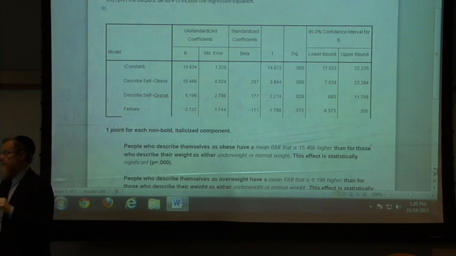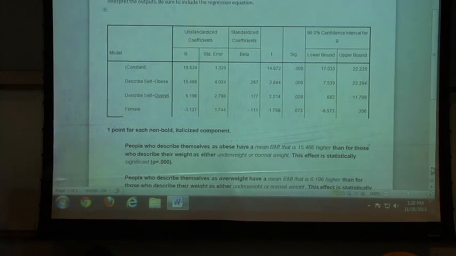Model was run to predict BMI, which was listed here. We're told it's a continuous variable, which means it is linear regression we're looking at, not logistic regression, which we'll start today. The study variables were female, yes or no, and describing one's weight for themselves as either